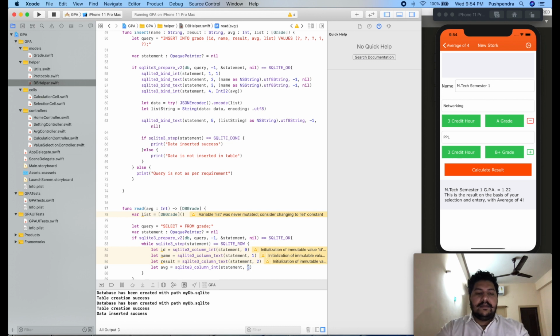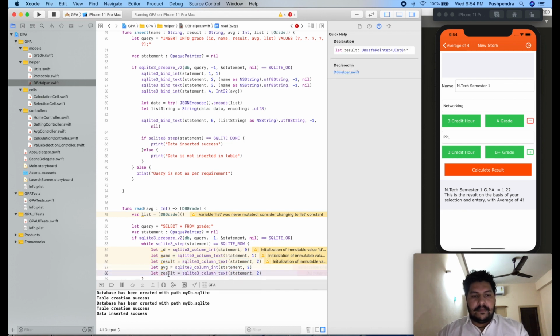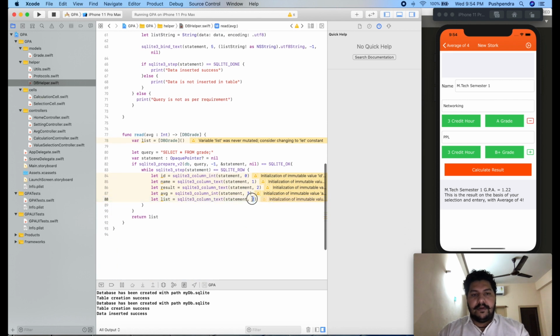Here it is column 3, and same way list. List is also a type of integer, and it will be from column 4.